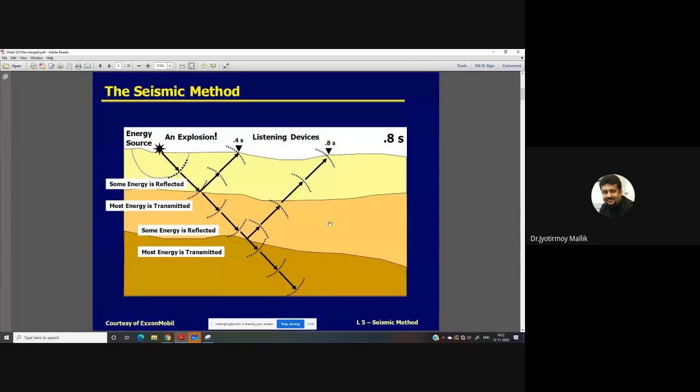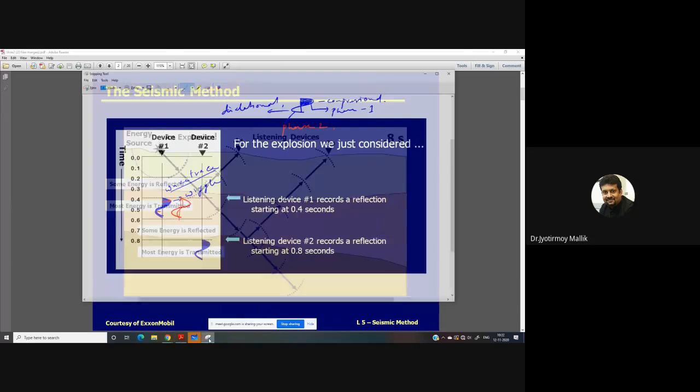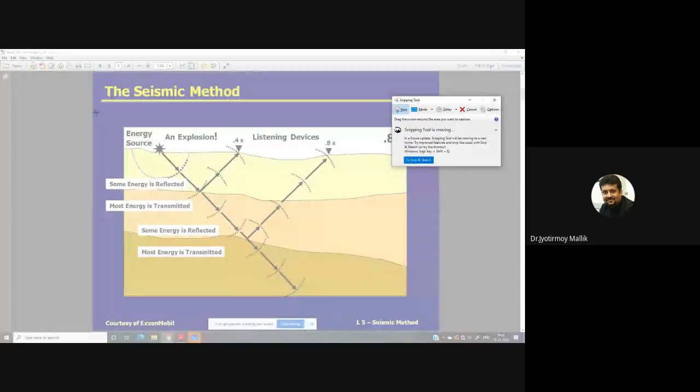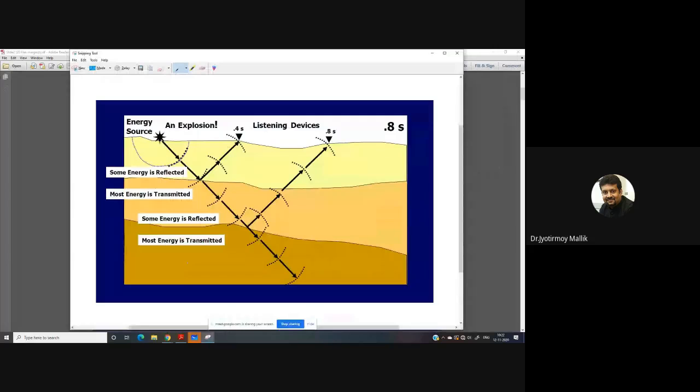Okay. Now, say for example, we said that the reflection will be essentially guided by V1 rho 1 and V2 rho 2, the contrast between V1 rho 1 and V2 rho 2. If the contrast is higher, so that means, say for example, that the acoustic